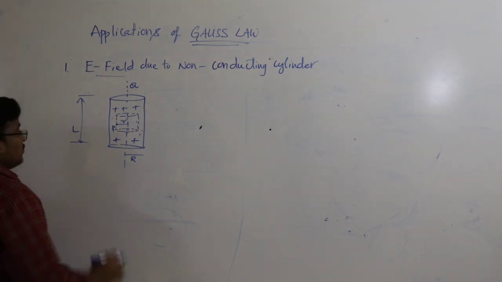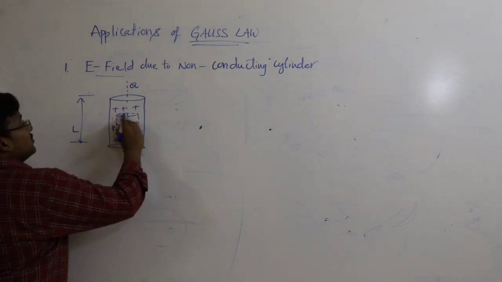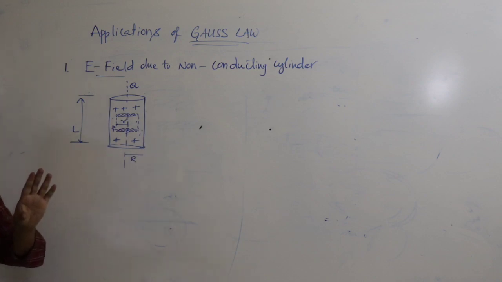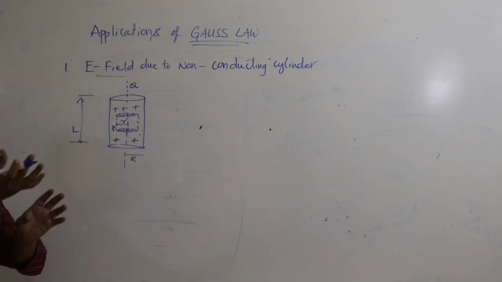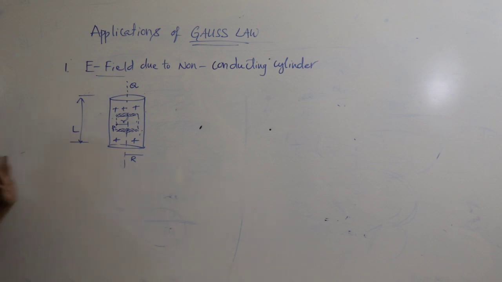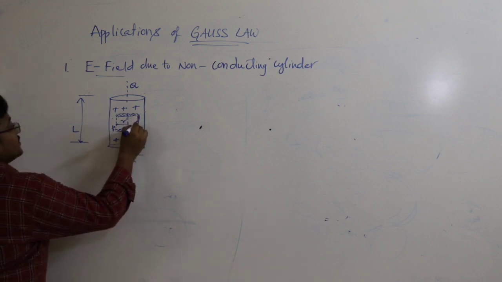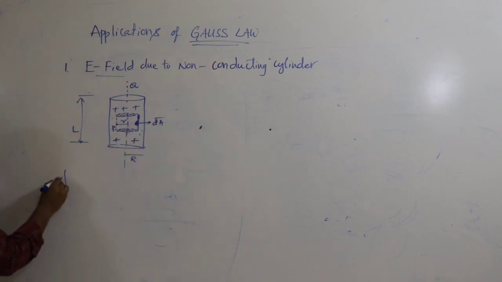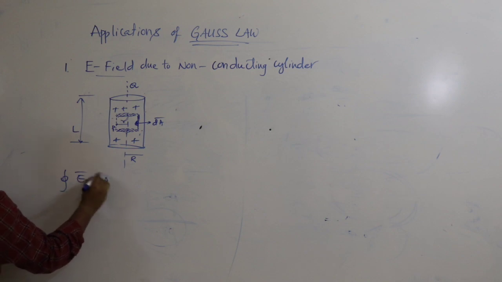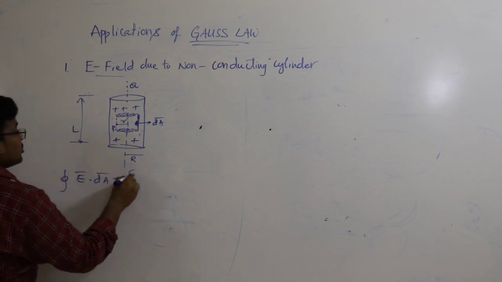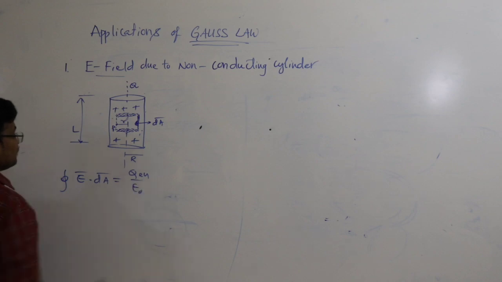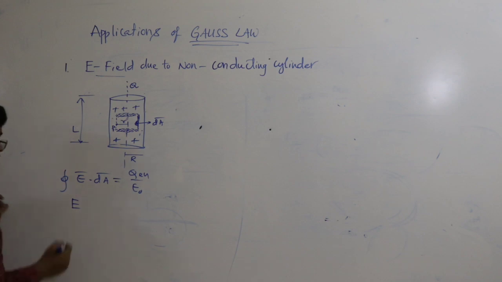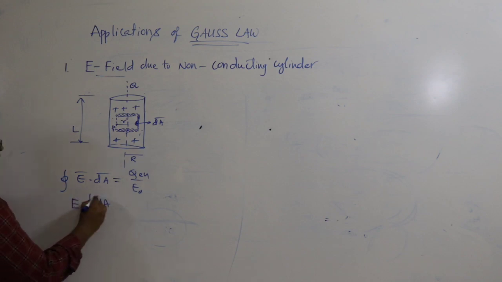Now use the Gauss law. You know that due to these faces the field is 0, because flux is 0, because the angle is 90. So I am directly taking the curved surface. Now the closed integral of E bar dot dA bar, according to Gauss law, is charge enclosed by epsilon naught. Now the electric field I am taking out because it is constant, and the integration of the area vector, which is